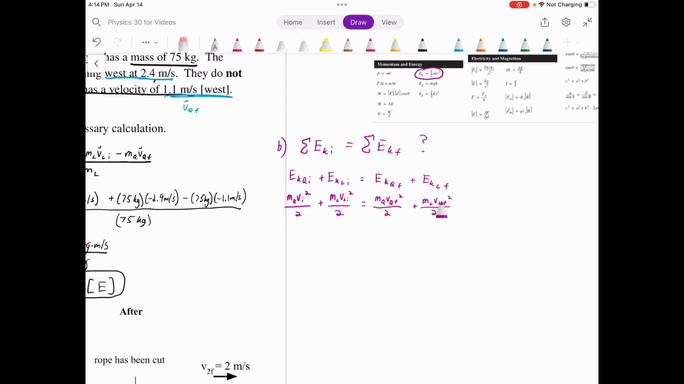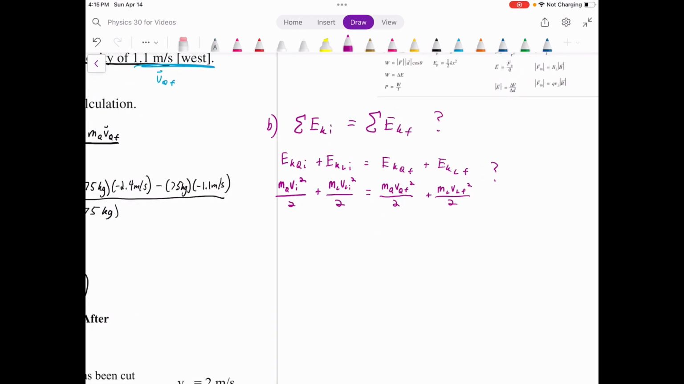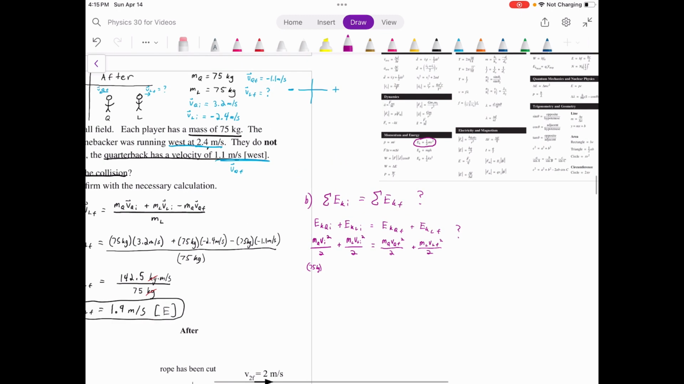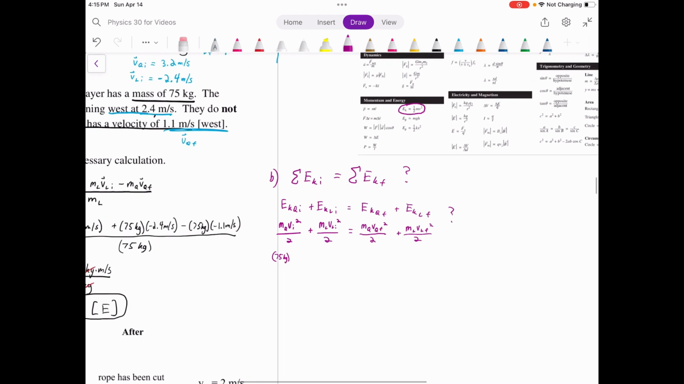And we've got all this information. So we really are just checking here, right? We could have done it as two separate calculations, initial and then final, and compared the two numbers. I just set it up to see, are these equal? So let's put in our numbers here. The mass of the quarterback, 75 kilograms. Their initial speed, no positives, no negatives here. We're talking scalars, right? So their initial speed is 3.2 meters per second